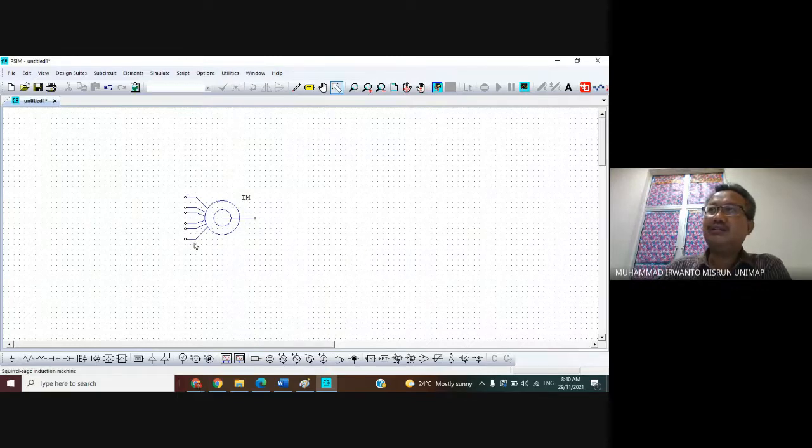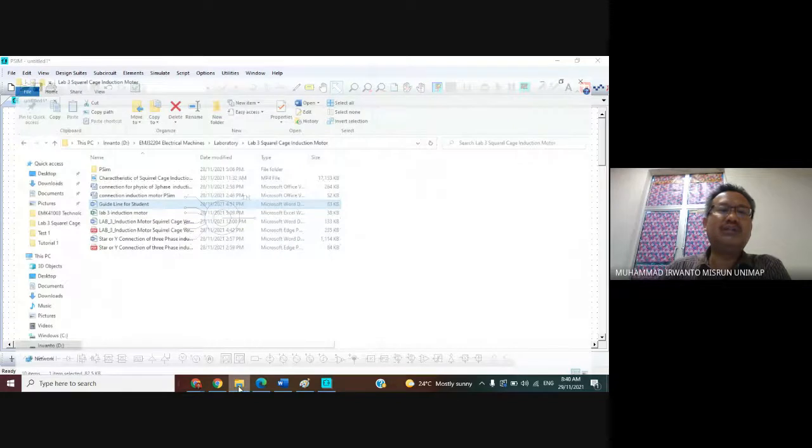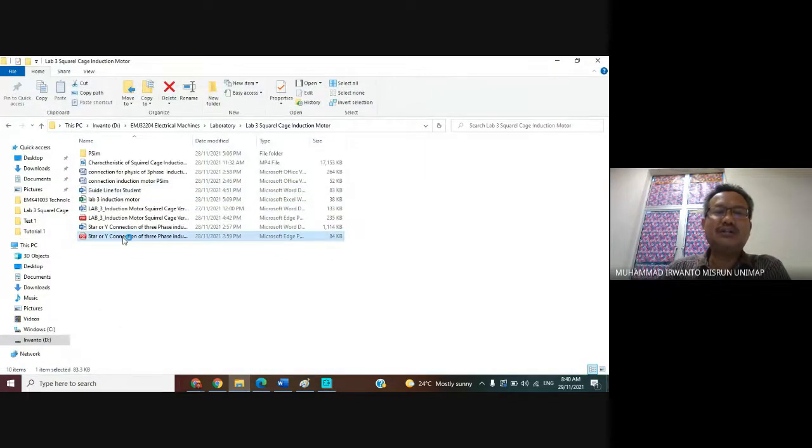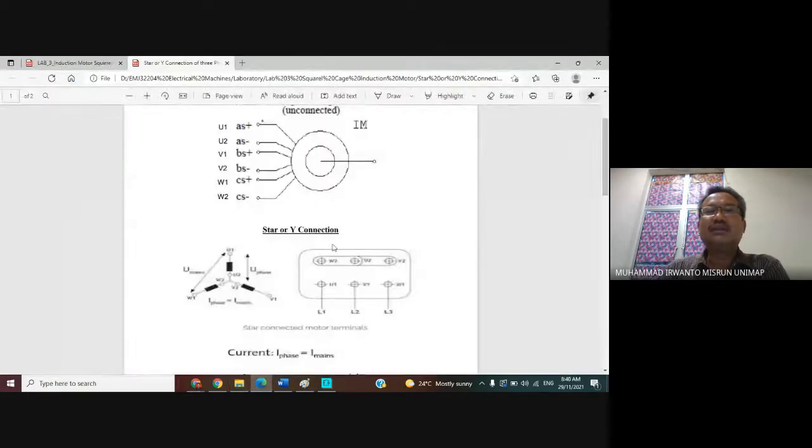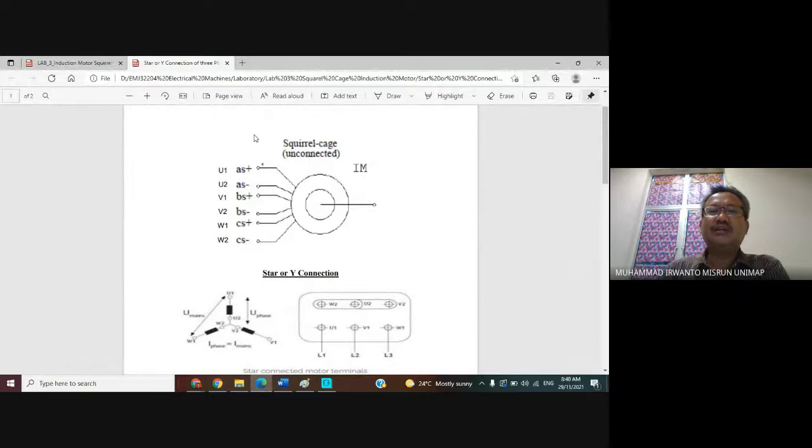You can do the connection as delta or Y. How to do it? Please look at this. In terms of the induction machine in the PSIM software, the connection is like this.